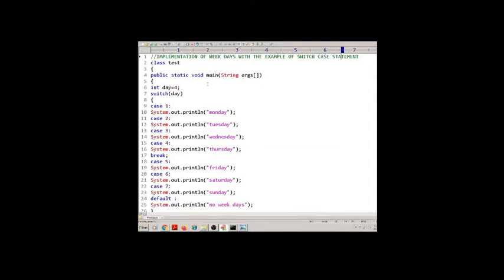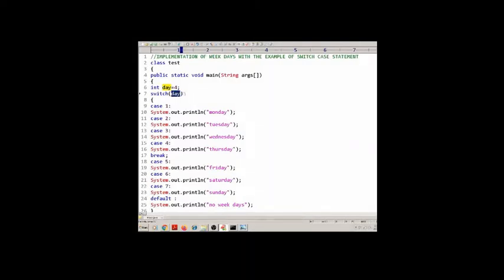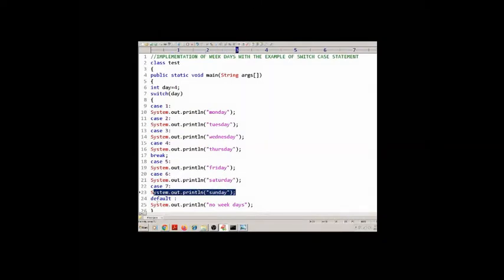Vivek, this is the implementation of weekdays with the help of the switch case statement. In the switch case statement, the switch expression is evaluated only once. The value of the expression is compared with the value of each case, and if there is a match, the associated block of code will be executed, and simultaneously the other blocks will be executed continuously.